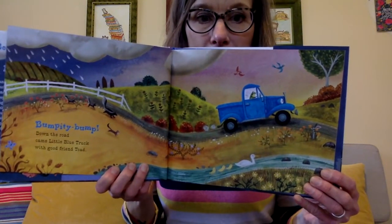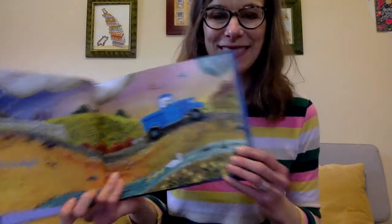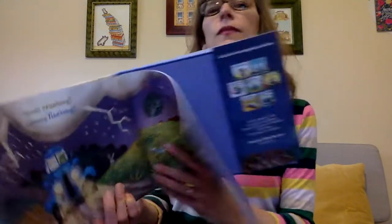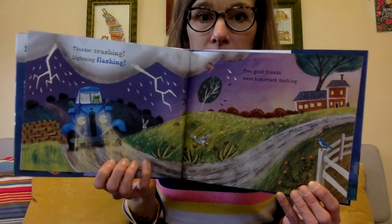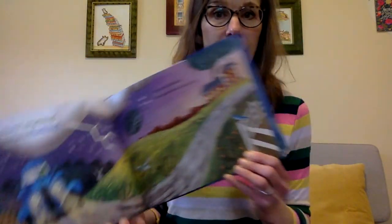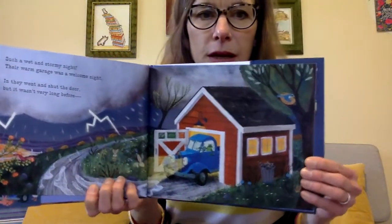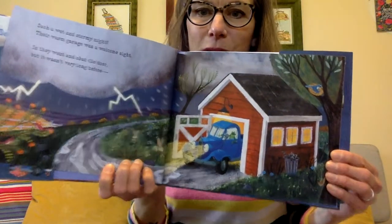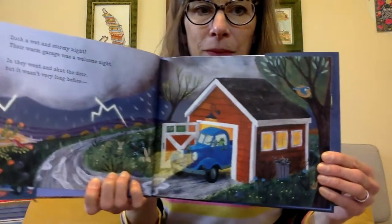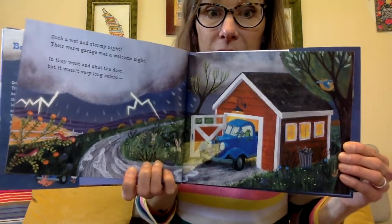Bumpity bump, down the road came Little Blue Truck with good friend Toad. Thunder crashing, lightning flashing. 2 good friends were homeward dashing. They don't want to be caught in that thunderstorm. Such a wet and stormy night, their warm garage was a welcome sight. In they went and shut the door, but it wasn't very long before...